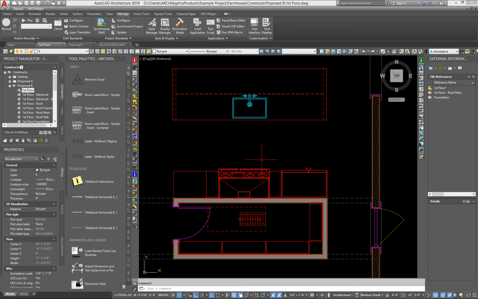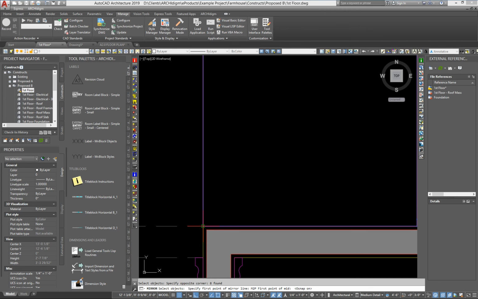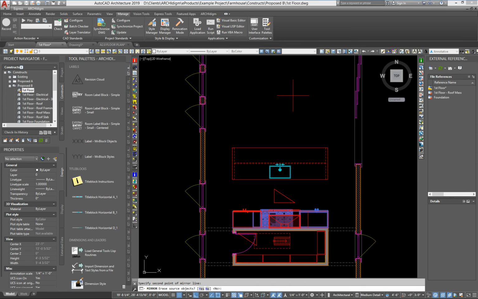If I decide, like the scenario today, that this needs to be rearranged, I can do a mirror and grab all of these items, M2P, for midpoint between this spot and this spot. I'm just going to flip everything. So now the refrigerator's on this side. And if I go ahead and save that,